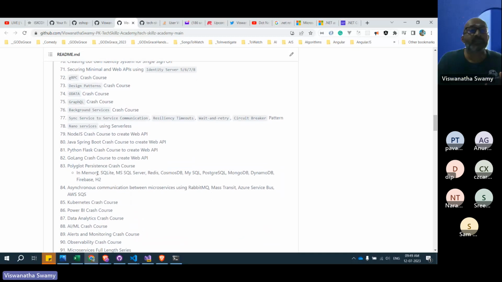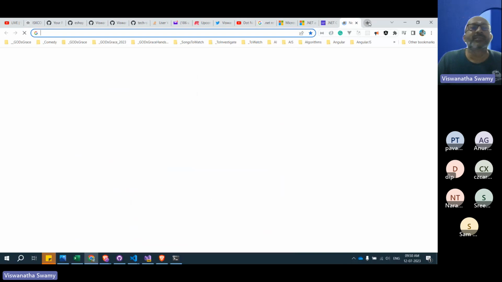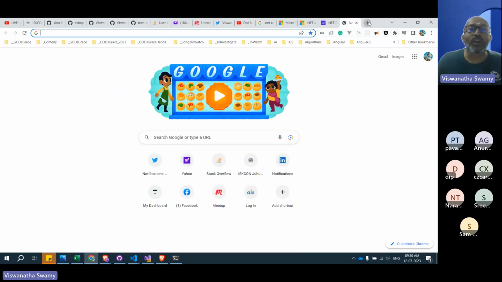And then creating web APIs in different technologies, because by this time we will have enough appetite to go ahead and try different programming languages. See, I'll show you one simple thing. Previously there used to be a lot of difference between different programming languages. Now, if you see that